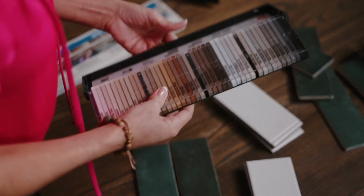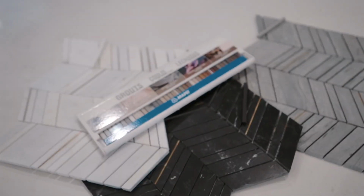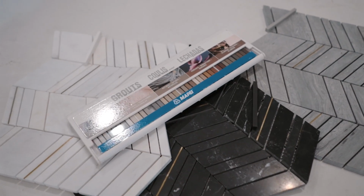And today, we're going to answer one of the most commonly asked questions. How do you select the right grout color for your tile? There are three main grout suppliers: Customs, Mapei, and Laticrete. They all have slightly different grout color palettes. I personally use Mapei the most, but they're all great products, and it's really just a matter of what palette